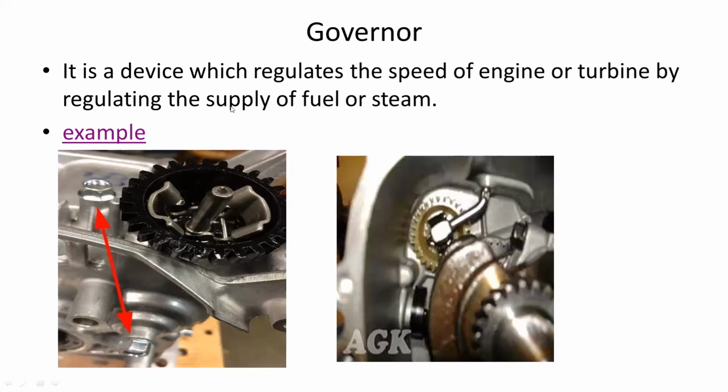So you must have seen this small governor. Basically it is connected to the gearbox. When you do the overhauling of your bike or car, specifically its gearbox, there is one small gear. This is called a governor gear. From this, it is connected to the carburetor. Basically it will control the idle speed.